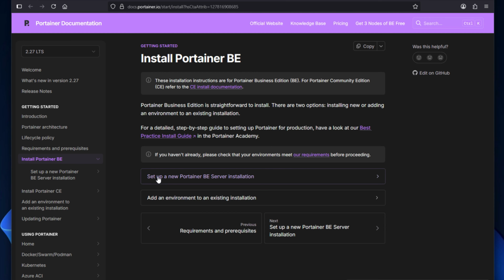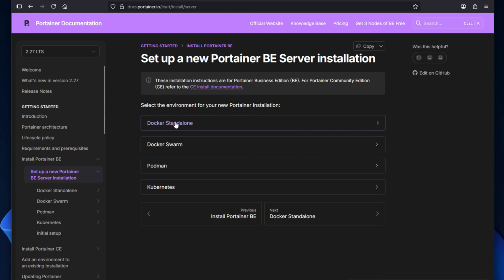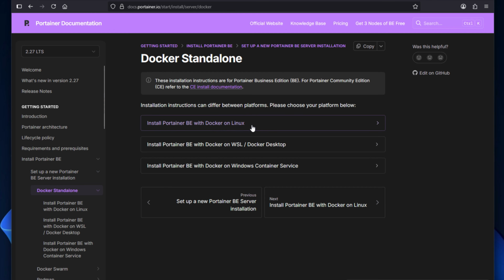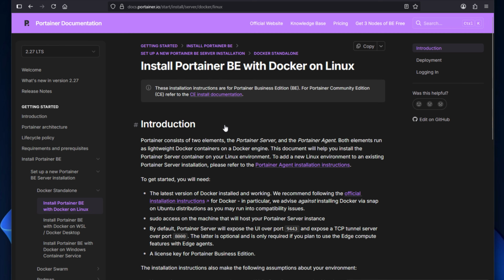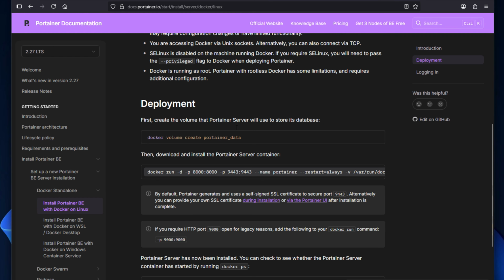And then if you notice, we've got set up a new Portainer BE server installation. If you click that, then you've got all of the environments that most will likely want to install in: Docker standalone, Swarm, Podman, and Kubernetes. So if I just click standalone, then we've got choices: install Portainer with Docker on Linux, WSL, or Windows Container Service. So I'm going to click Docker on Linux,